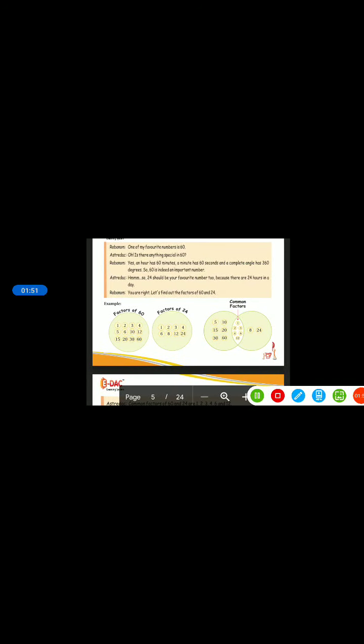See here, 60 goes in all these tables and 24 goes in all these tables. Now they are clubbing both of them and finding which is the common factor. It is going in both one table, two table, and then three table, four table. Then it is going in the 6 table. It is not going in 8 table. Now it is going in 12 table. That's all. These are the common factors of 60 and 24.